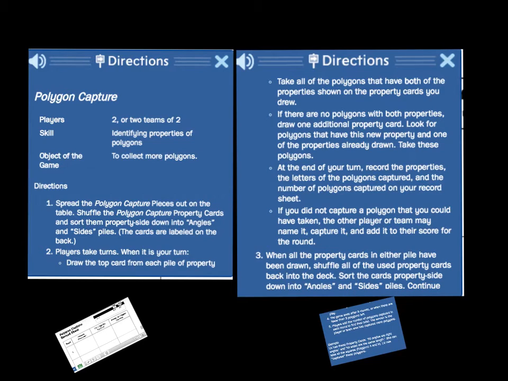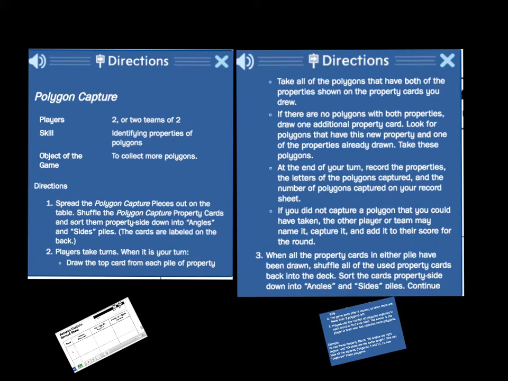So when it's your turn, you're going to draw the top card from each pile of property. You're going to take all of the polygons that have both of the properties shown on the property cards you drew. If there are no polygons with both properties, draw one additional property card. Look for the polygons that have this new property and one of the properties that you already drew, and take